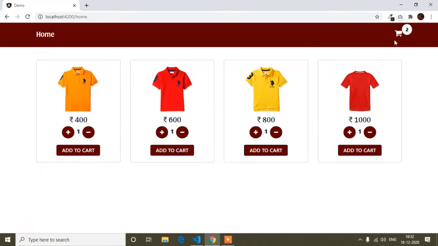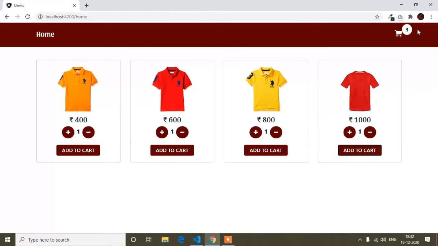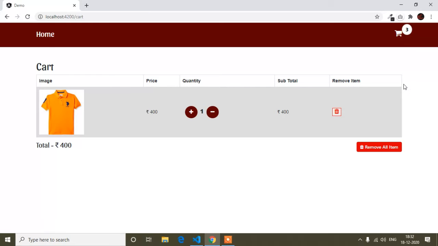And now guys, in this tutorial, you can see I have added two products. Now when I go to the cart details page, I have added only one static product here. But I have to do one thing: since I have added two products, I will get two products' details in the cart details. And if I add three products, when I go to the cart details page, I will get three products. I mean, however many products I have added to the cart, I will get all the product details on this cart details page.